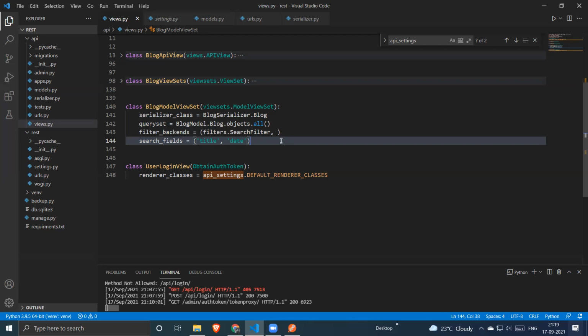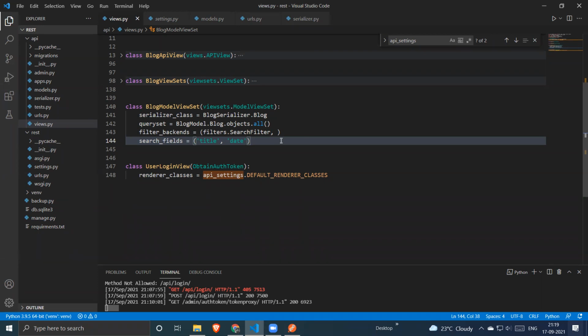So we are going to learn two things. First, how to make your API authenticate a user. If the user is not logged in or is not providing a token, then he cannot access your API. Second, if the user has permission to update his own blog, then only he can update his blog. So let's start with authentication first.